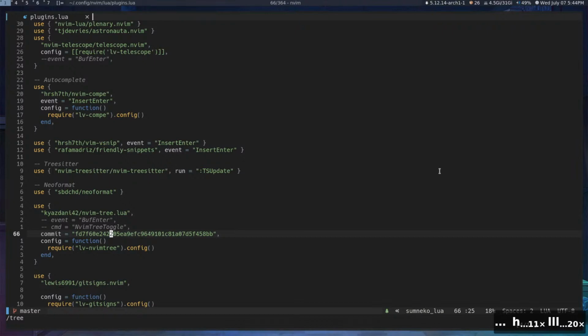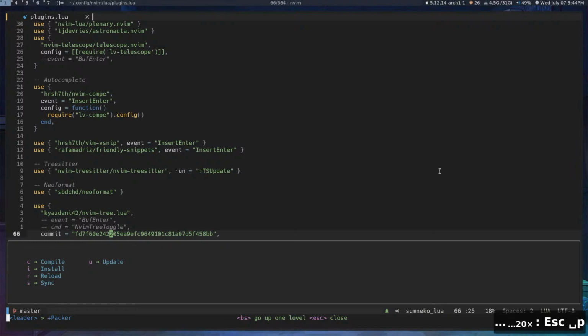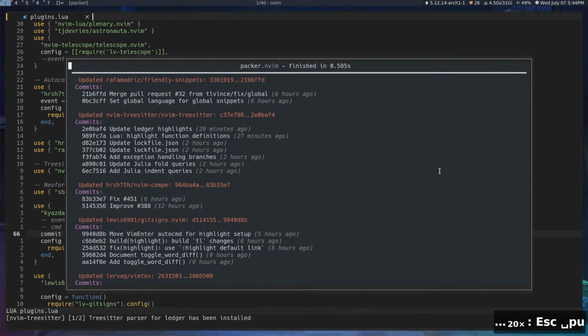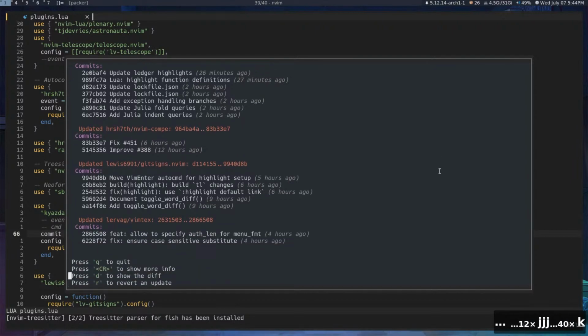If I don't do this, whenever I run update, you see how it'll just grab all the new stuff? Well, imagine that one of these has a bug, like gitsigns now has a bug, or whatever, compe now has a bug. I mean, with these commit messages, you can obviously tell that compe is now fixed and improved,